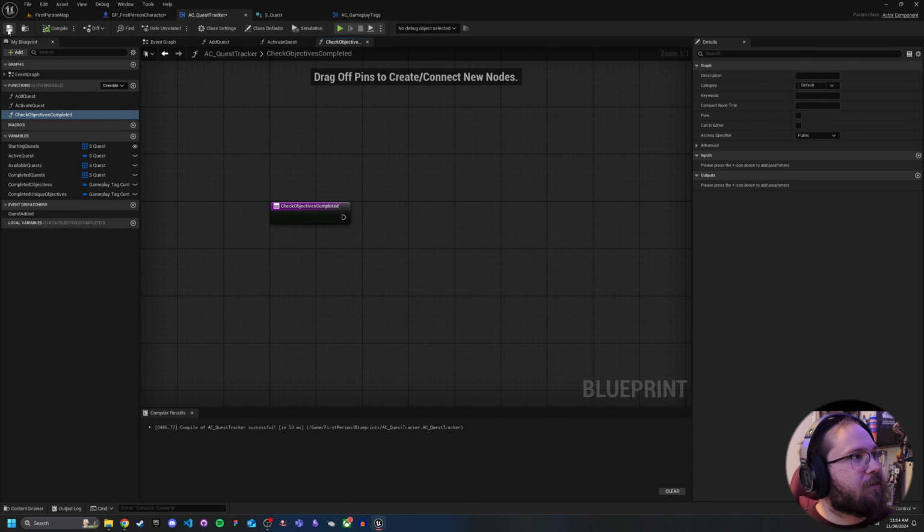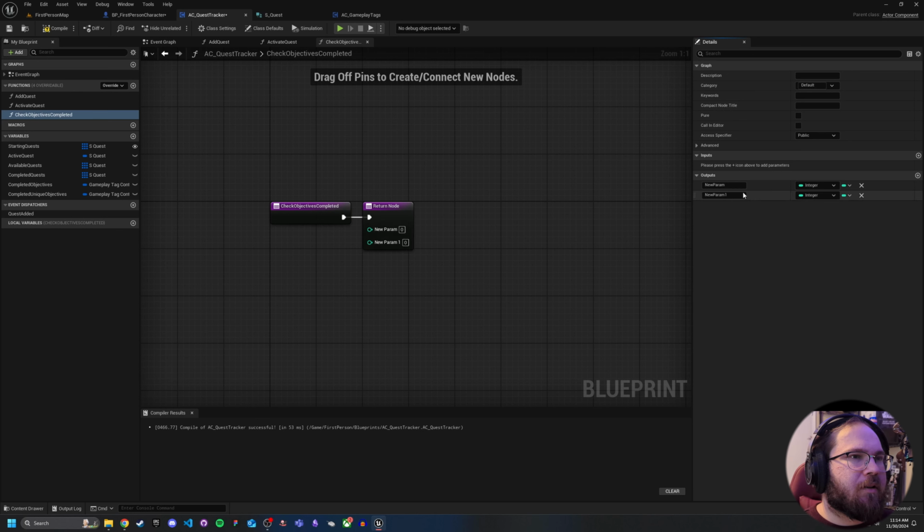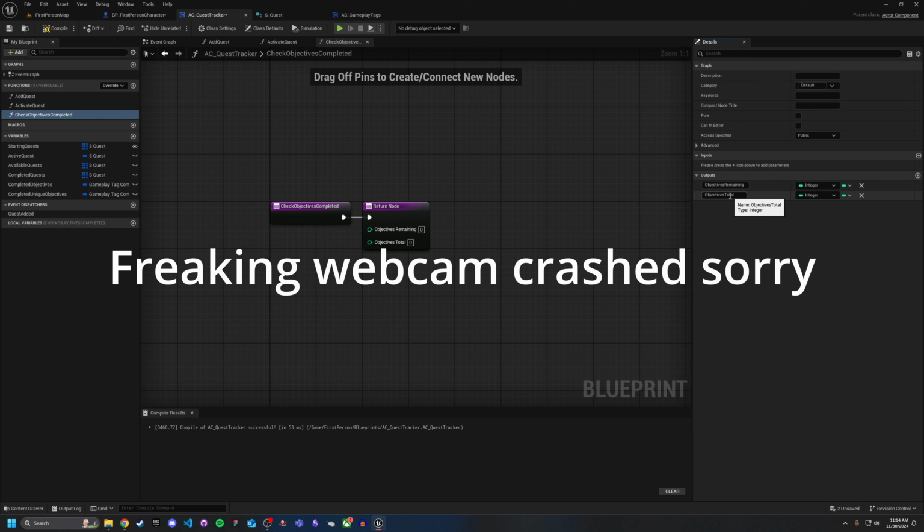And we're actually going to do something so that this can be reused for other things. So we're going to output a float. Would probably be the best. Actually, let's do an integer, and we'll do another integer, and we'll have objectives remaining, and we're going to have objectives total. So what this is going to do is allow us to call this type of function